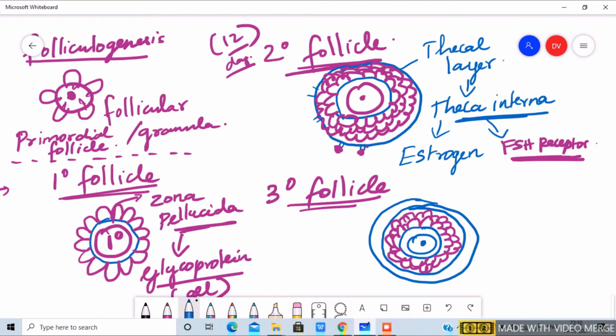What is this layer, guys? It is known as the theca externa. So 2 layers are there. Theca interna is surrounded by theca externa. So when this happens, you know what will be formed in the granulosa cells? As 2 layers are covering them, the complete follicle is enlarging as well. The complete follicle is enlarging now. So what happens at that time, I will tell you. I will draw it again